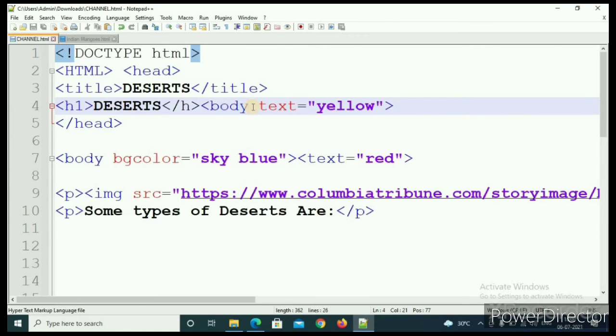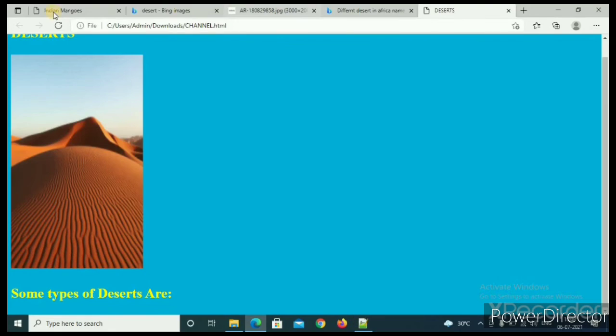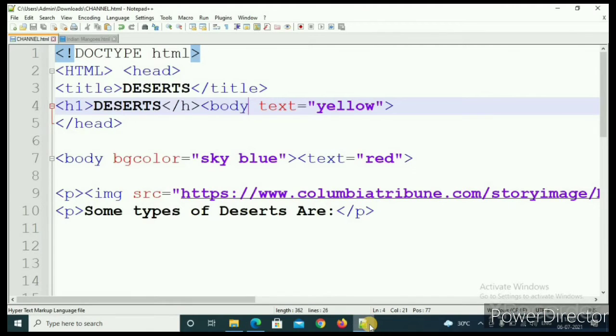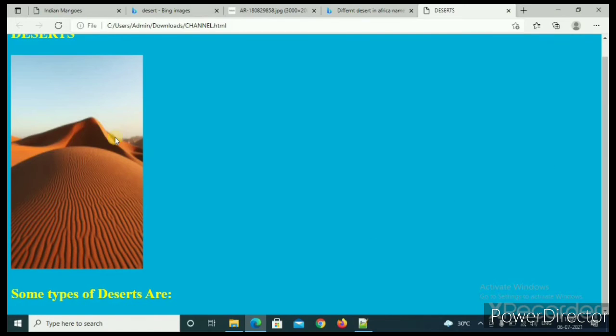I will save it again and let's see if it's done or not. Yeah, BG color is not required here, because BG color is always given in body, so it's not required. Just choose the font color. Okay, so I will keep it red, and then I will reload.